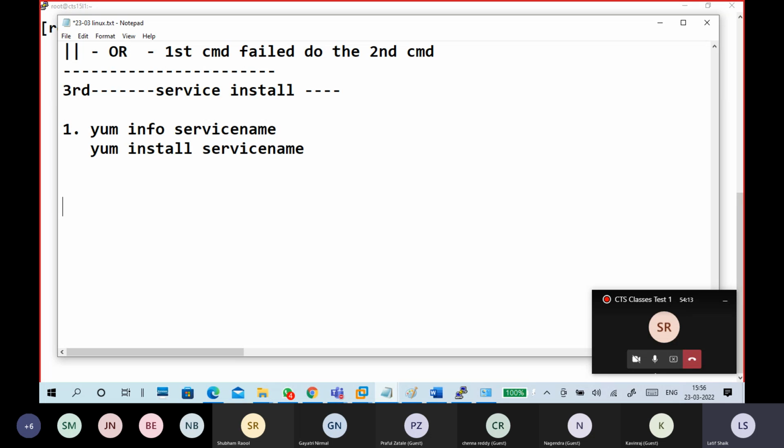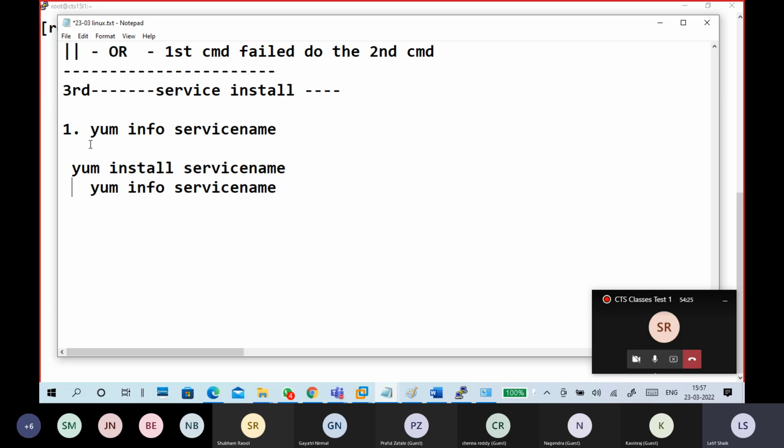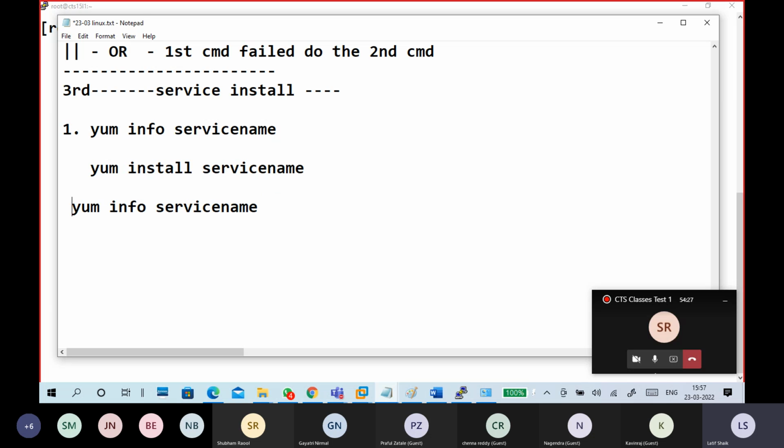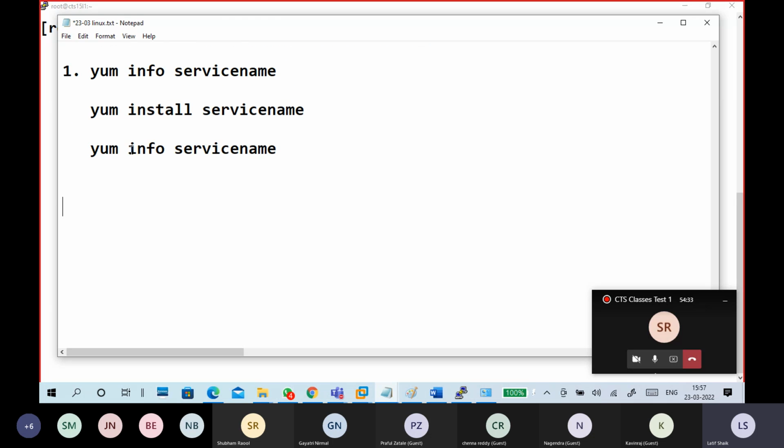Again, if possible, try yum info service name. Is it installed or not? This is the first step. Important is installing your service. What is service? Like a service means HTTP service, FTP service. Anything.